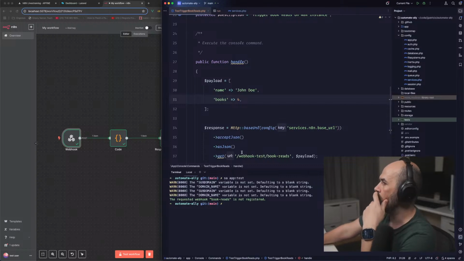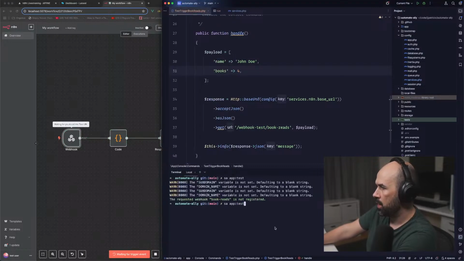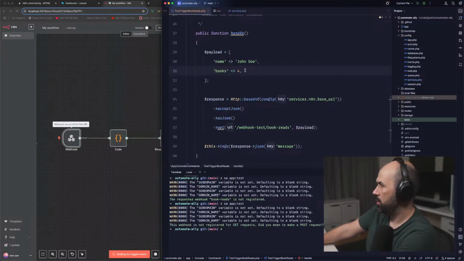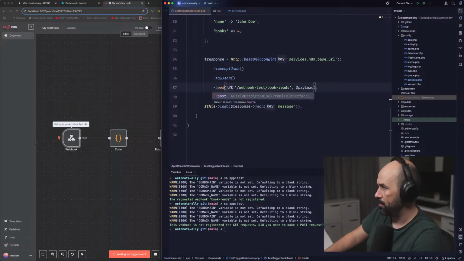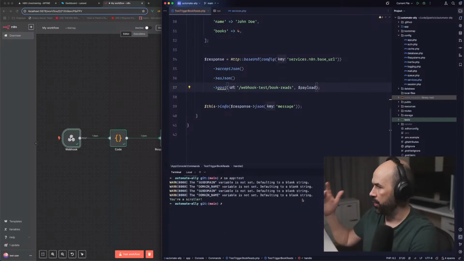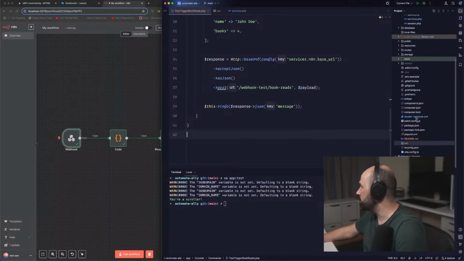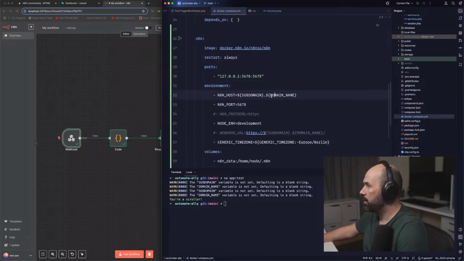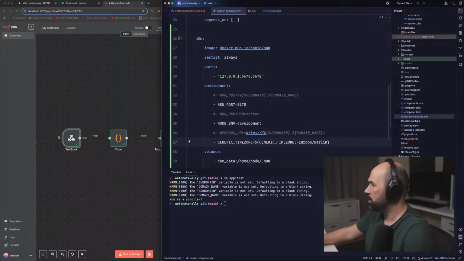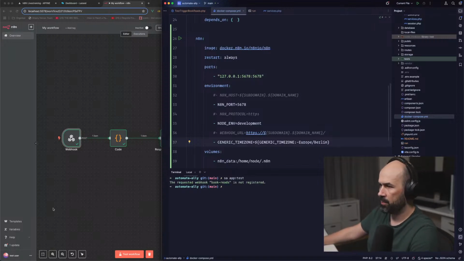The requested webhook book reads is not registered. What do you mean? Oh, right, it's not running. Yeah, it's not a get request, it's a post. There you go, we're a scroller. And this subdomain, I want to get rid of these. What's going on? Yeah, so that's why those are missing somewhere. I could also go into Bash and yeah, so we're good. Test workflow, here we go.